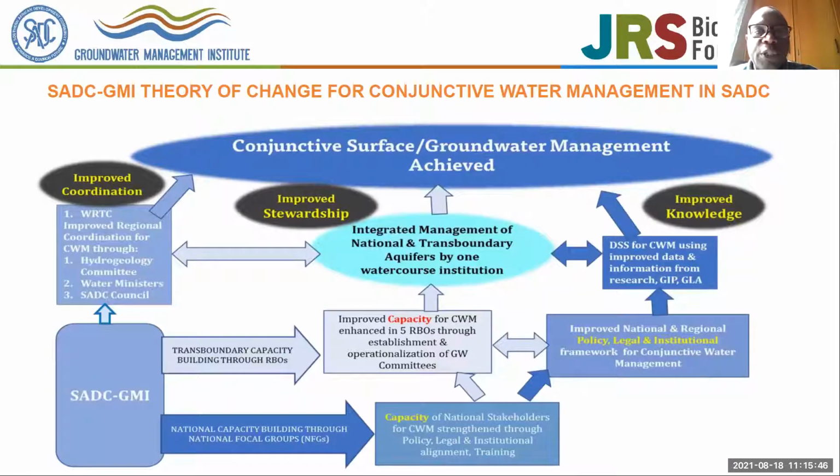I think what is more important here is to see the 3 pillars. One is to improve coordination with the regional and national structures. The second one is to enhance the stewardship of conjunctive water resources. And then the other one is improved knowledge to enable the decision support systems that enable the conjunctive utilization of the resources that we have as we move in this era when climate change continues to put pressures on the existence of water security for people's livelihoods in various areas.